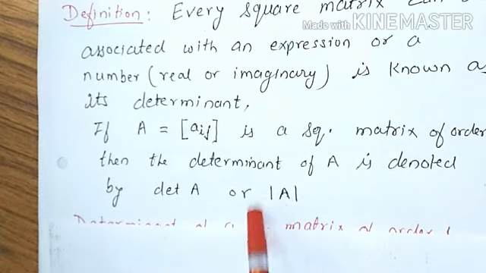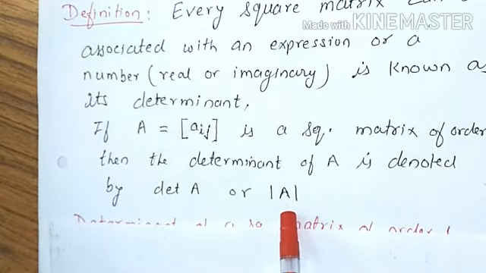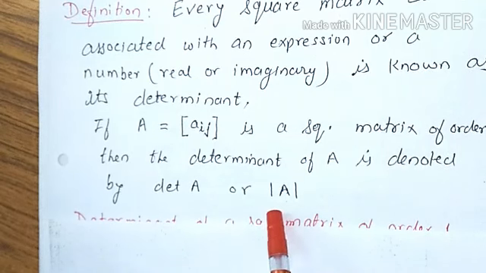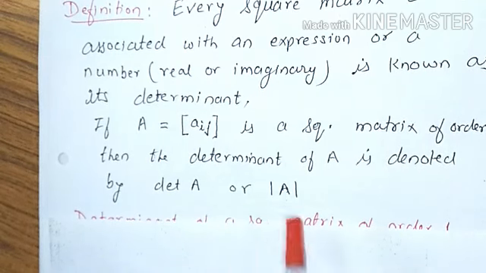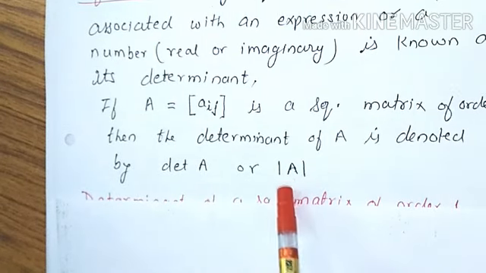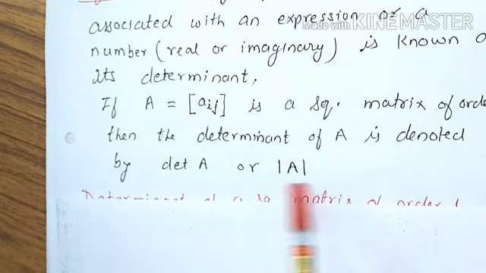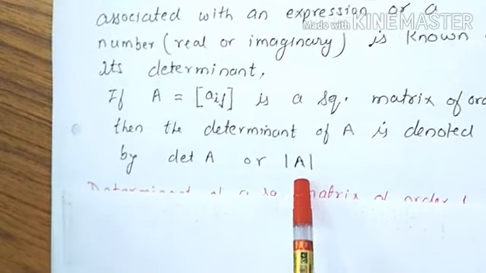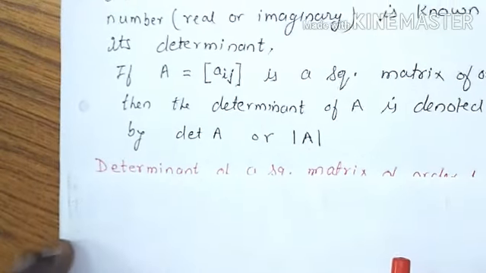Now one thing, we should not get confused with the modulus function, because we have read the modulus function in our class 11th. The modulus function we also represent in this manner only, but this is not modulus, it is determinant, because the A here is a matrix, not any number. So keep this in mind. When we are dealing with a matrix, this is the way we represent the determinant of that matrix.